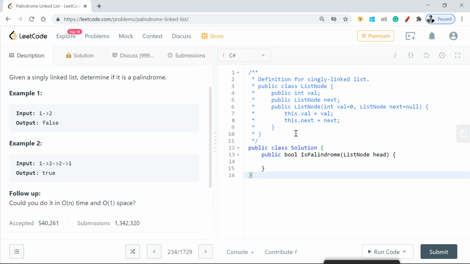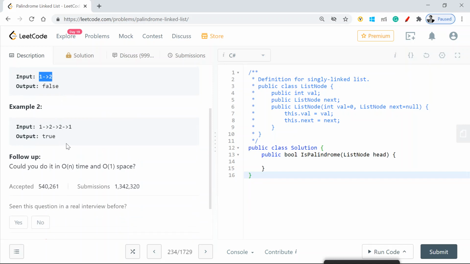Today we are looking at another LeetCode question, which is on linked list, and we need to determine whether it's a palindrome or not. So we are given a linked list, say one followed by a two. That's not a palindrome because both two and one nodes are not equal to each other in terms of values. But if we go towards this one, this is 1 2 2 1. This is a palindrome because if we cut from the center, then the left side of it and the right side of it are matching to each other.